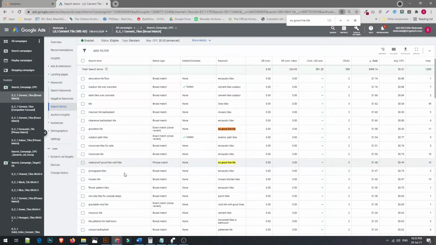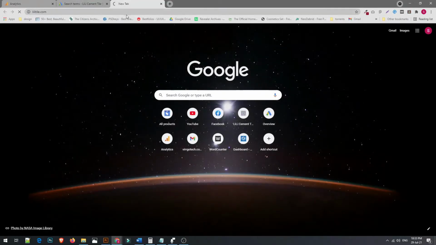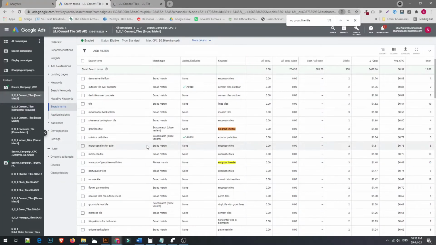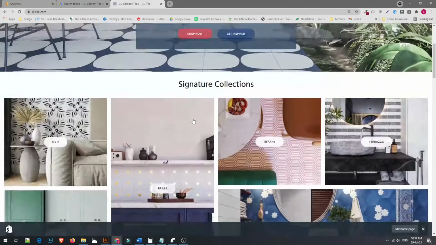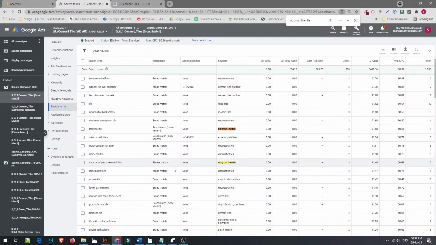Moreover, this website, Lily Tiles, is not providing groutless tiles, right? There are 1 or 2 instances, 1 or 2 products on these websites, maybe that are related to this particular keyword, but overall speaking, all the rest of the product catalogs are not very related to this particular keyword,